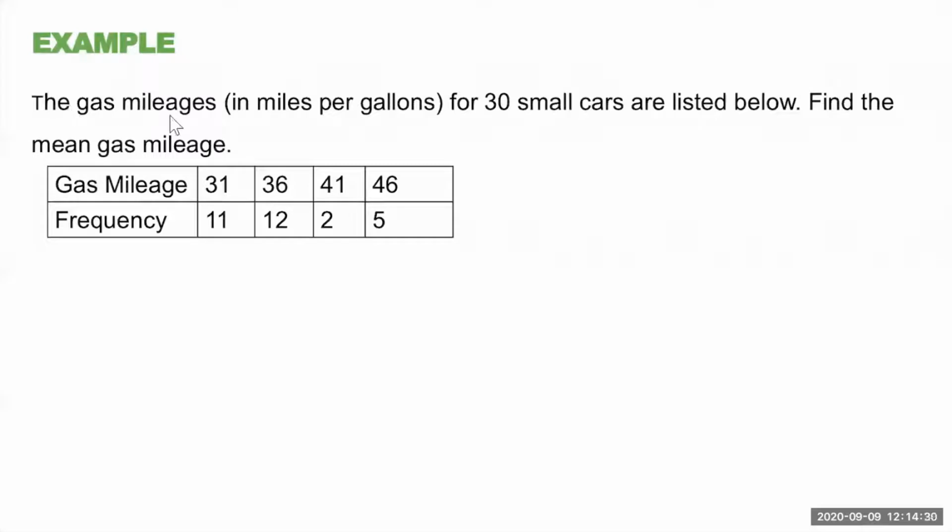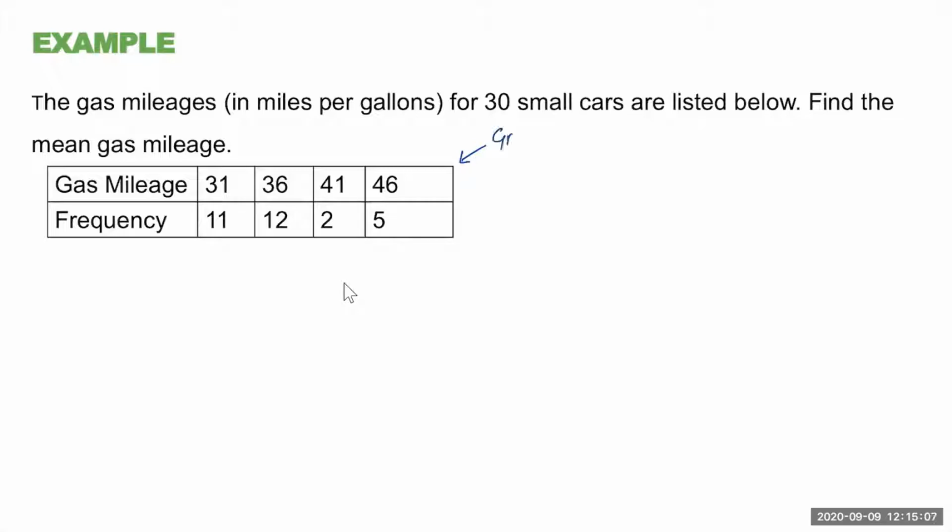Example, the gas mileage in miles per gallon for 30 small cars are listed below. We have to find the mean gas mileage. So here what they have given is gas mileage 31, you have 11 cars. Gas mileage 36, you have 12 cars. Gas mileage 41, you have 2 cars. Gas mileage 46, you have 5 cars. So meaning of that is this data given here is